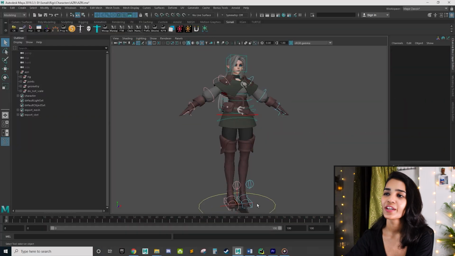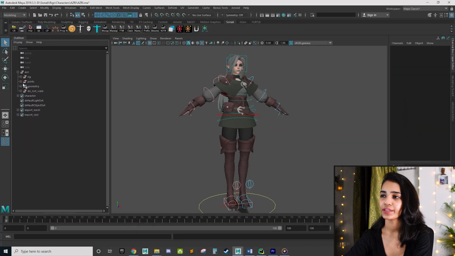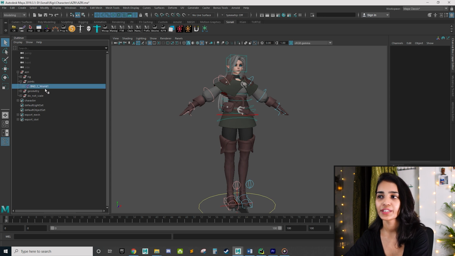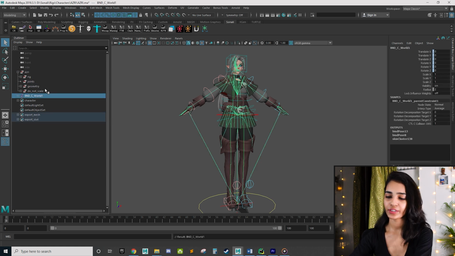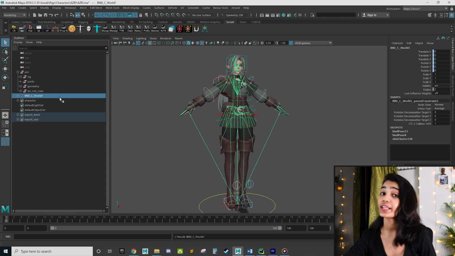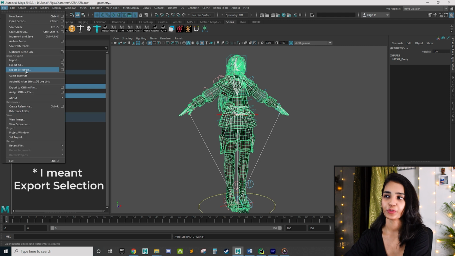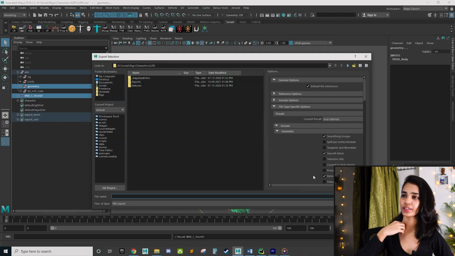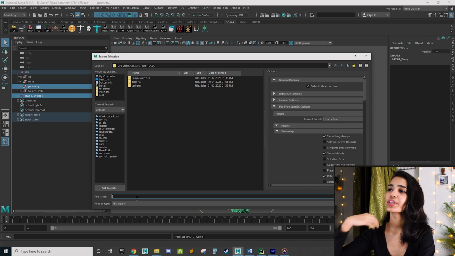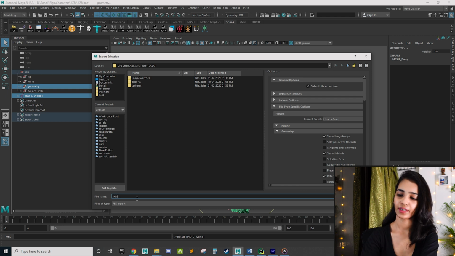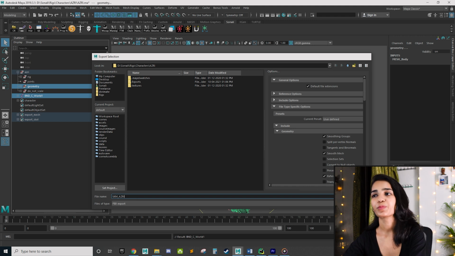Last one remaining is ASRI, so let's export that. For ASRI, we have our joints here under this group which is named joints. So we'll just go ahead and select this and press Shift plus P to unparent it just like we did for Zelda. So select the joints plus geometry and export. I haven't changed any of the settings here, it's the same as the previous one. Just type in a name like SKM_ASRI and export.